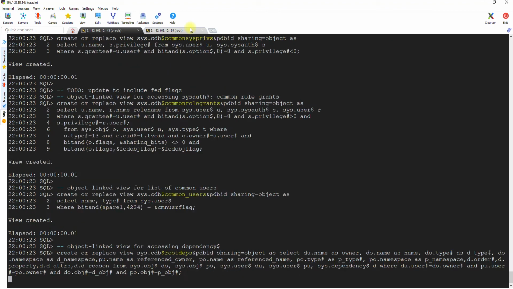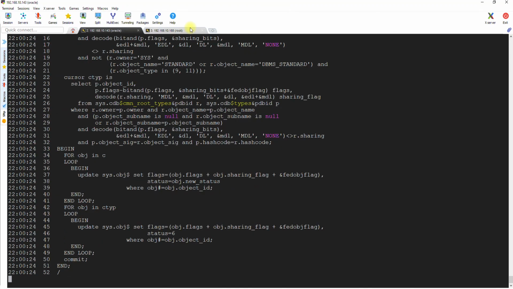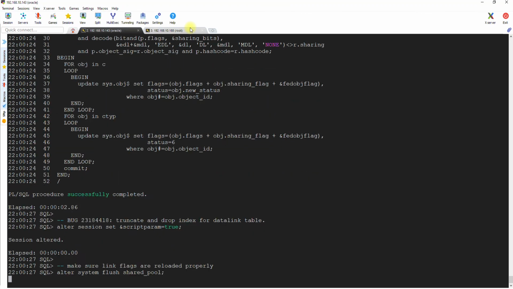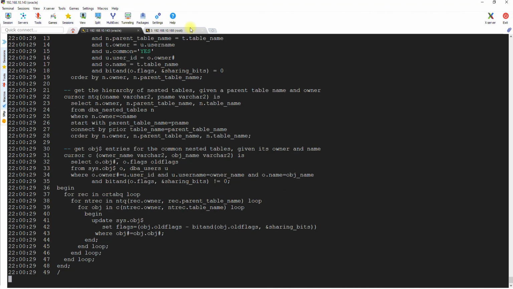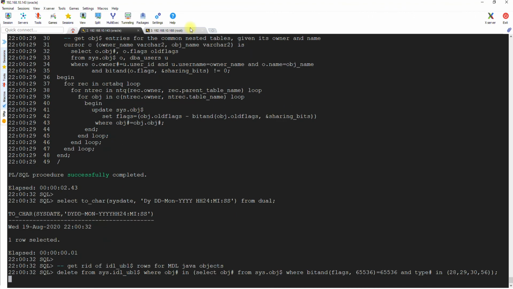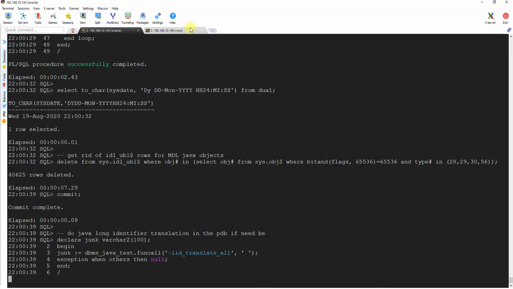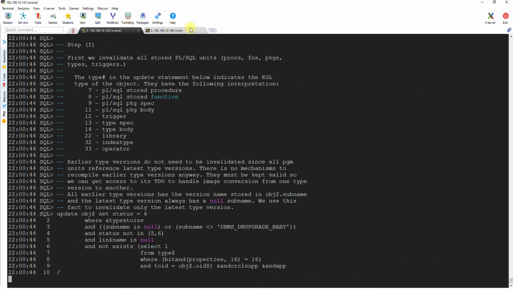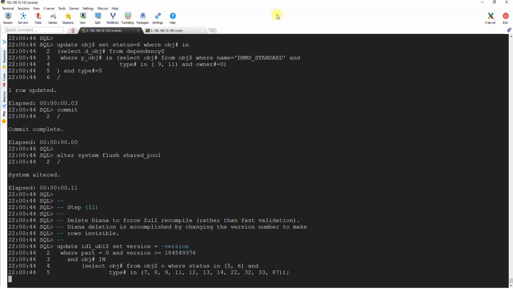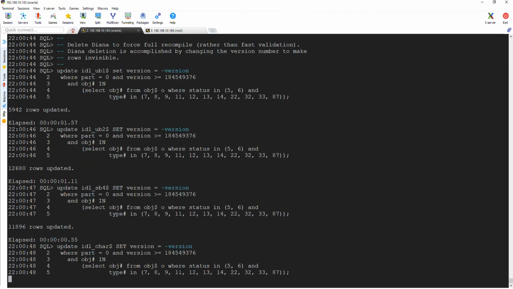So it's running specific packages, views, and everything to link this pluggable database properly to the CDB root. It should not be run from the CDB root. It has to be run from the pluggable database itself. See, it's running the procedures. It's creating the specific views, dictionary views, internal objects, and everything. Okay. Let it complete. As soon as this completes, I'll come back.